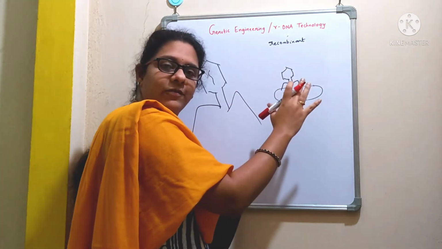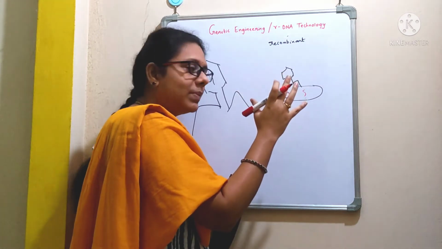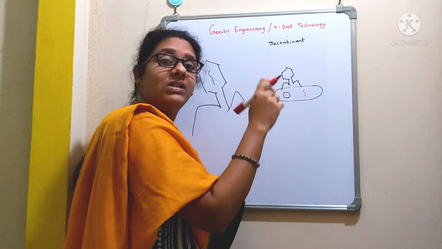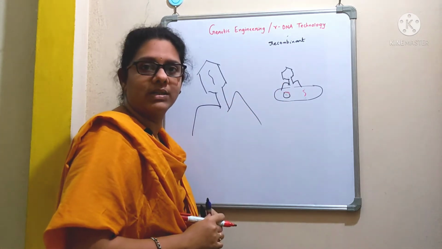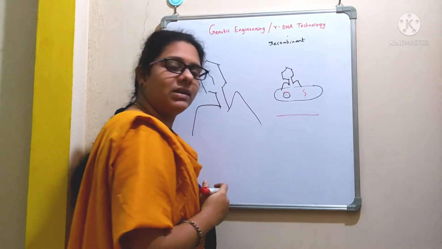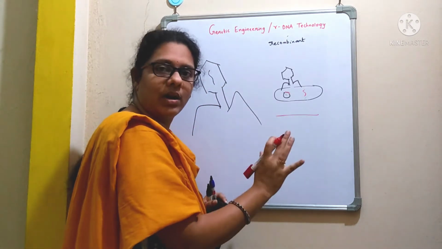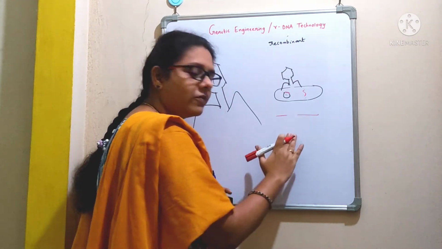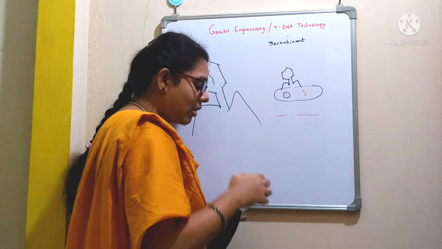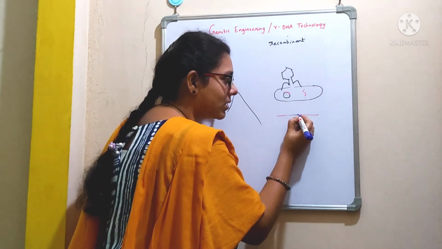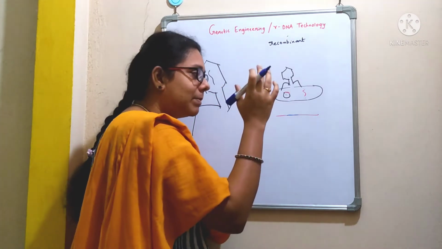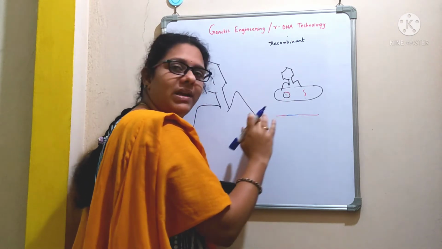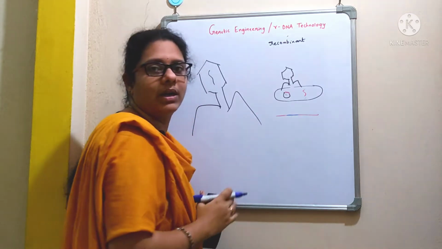Based on this natural phenomenon, scientists have developed certain methods in a laboratory to carry out the genetic manipulation of an organism. For example, if you take this as the genetic material of a particular organism, the scientists remove a certain portion of the gene and incorporate a gene from another source. So this is the gene of interest. By introducing certain genes of interest, scientists are able to manipulate the genetic information of an organism.